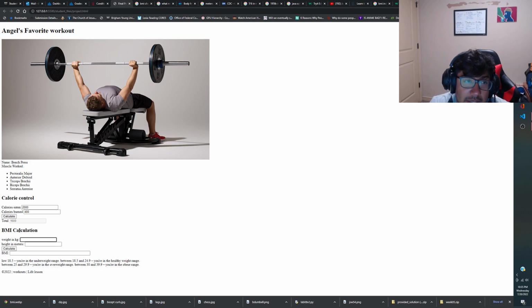Next, we have a BMI calculation, which took forever because JavaScript was being a little picky with floats, which are basically the decimal points. But we got it to work, and so